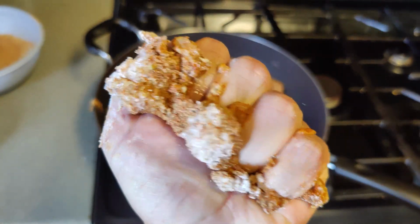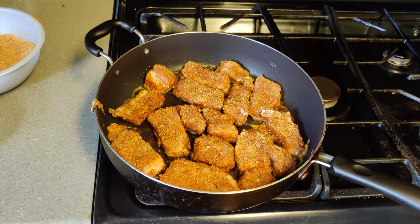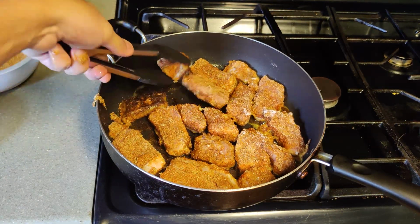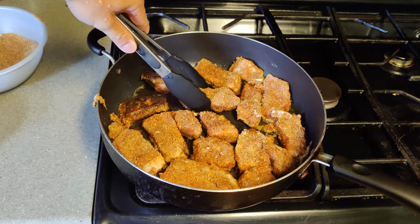So we skipped forward a little bit. Here's my hand after breading about 3 pork chops. 3 pork chops worth of pork fries. As you can see, I